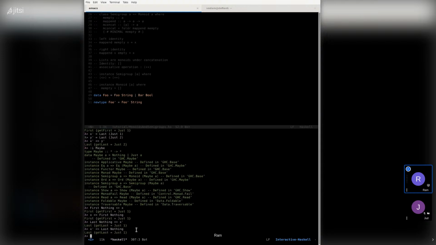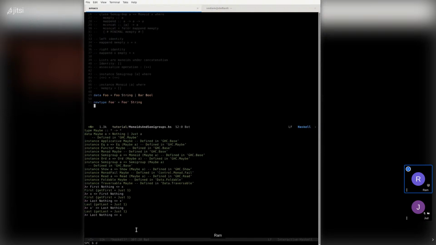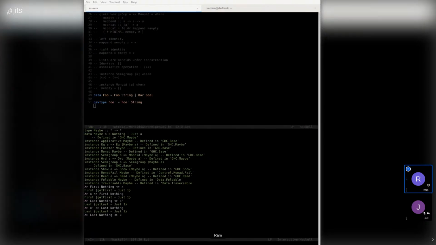Just don't try to mix things, because then you'll get this error. One interesting thing to note, for folks who are wondering, is that this is the same as if you did this. You'll get the same thing. And getLast, remember, is just a field accessor that you can call on the result.